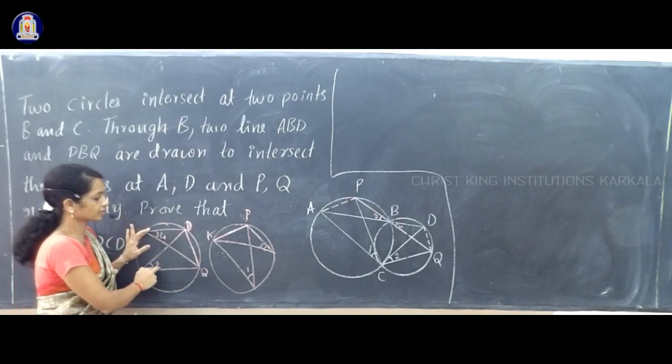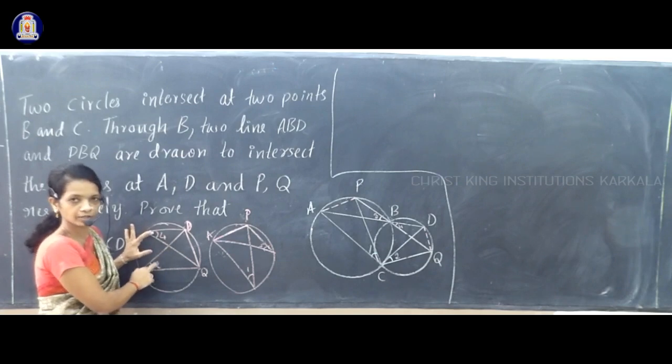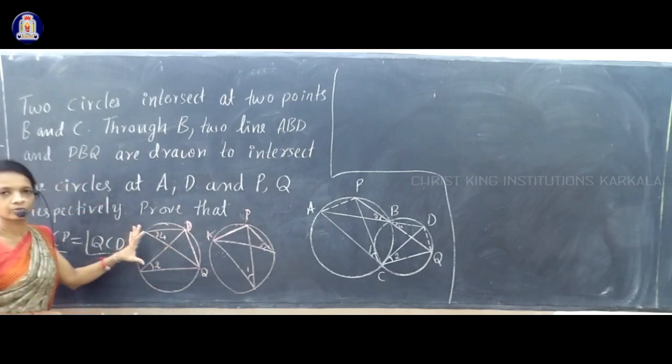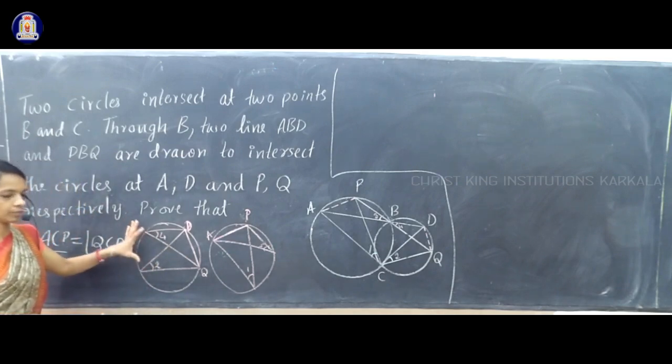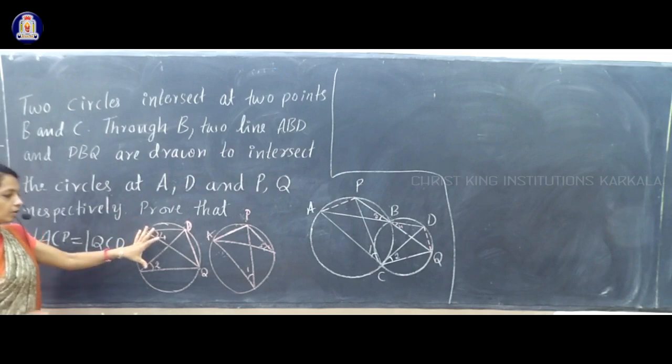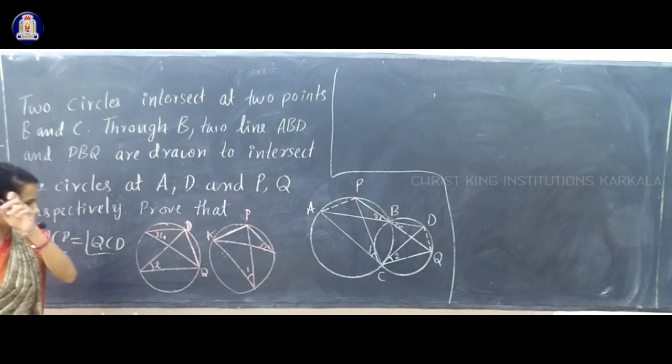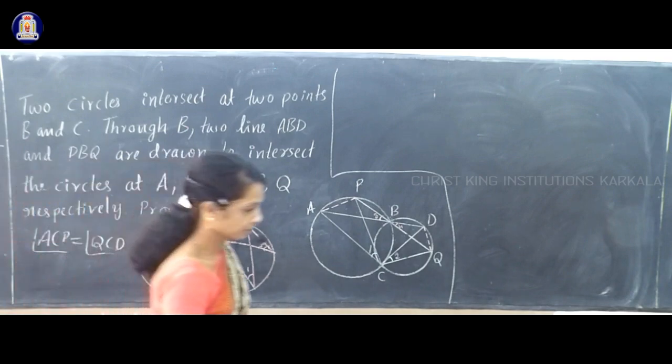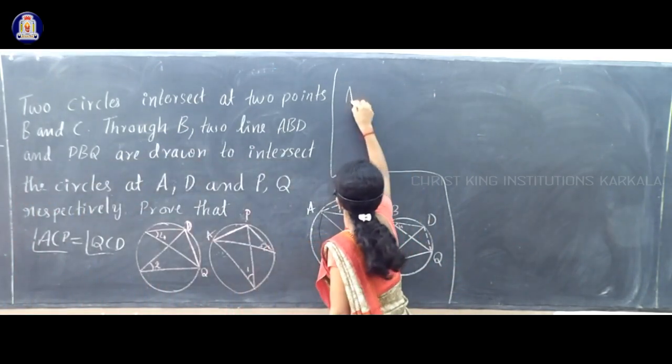Angle 4 and angle 2 are two angles in the same segment, so they are equal. Once again, by using the same known result, angles in the same segment are equal. By that result, we can write angle 2 is equal to angle 4. So we write that in the answer part. Answer.